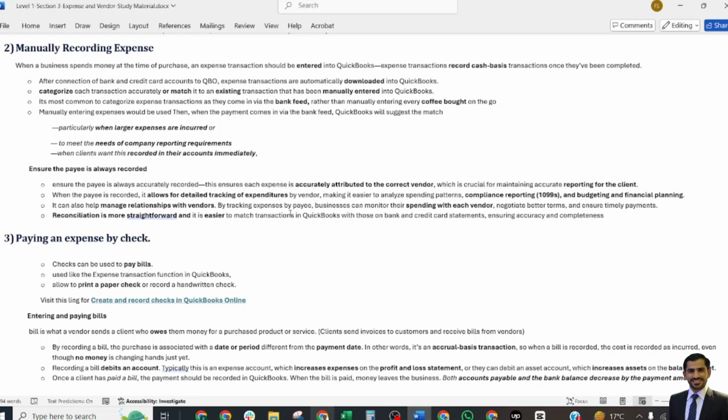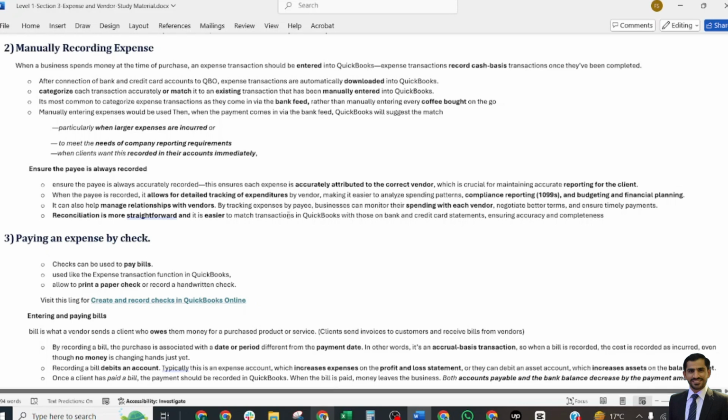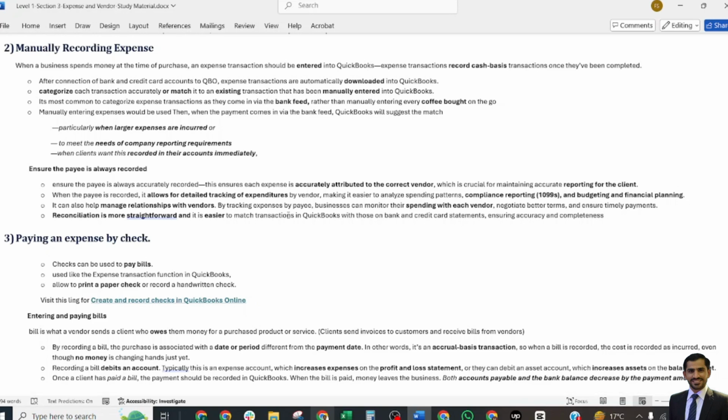What are the benefits and how will it affect our accounts? We shall discuss in detail. The payee is always accurate. It ensures the expenses are accurately attributed to the correct vendors, which is crucial for maintaining accurate reporting for the clients. When the payee is recorded, it allows for detailed tracking of expenditure by vendor, making it easier to analyze spending patterns,